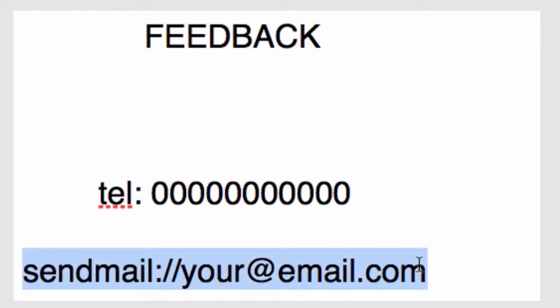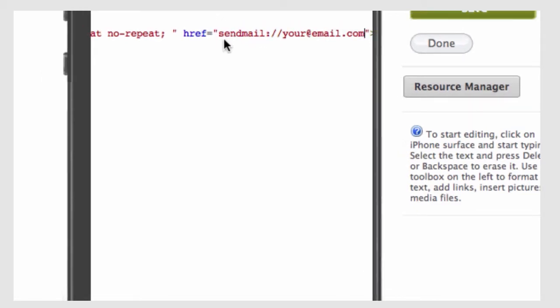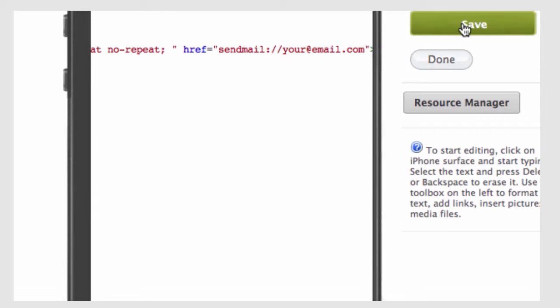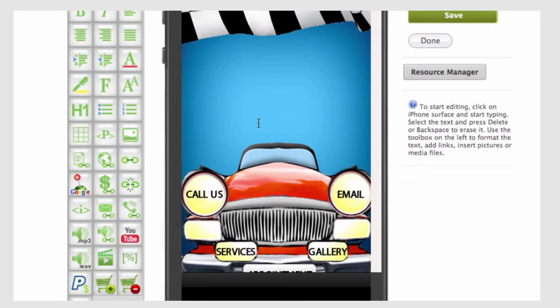Just gonna copy and paste it. So what I just pasted is send mail colon and an email address. Please remember to click save, go back to design,